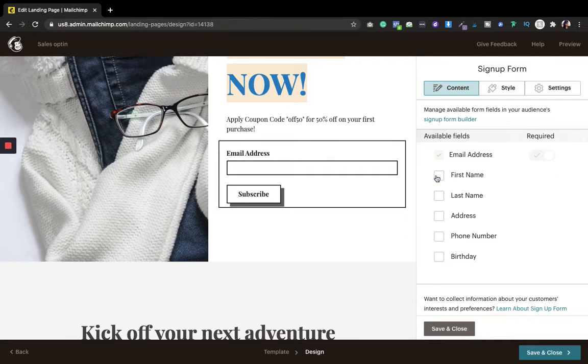When you are designing a landing page and your motive is to capture emails, it should be very minimal. People don't want to waste their time or invest their time filling in all those details. So just keep it to one or two fields, keep their email address mandatory, and anything else you want to put in, you just have to keep it not required. This is the biggest tip that I can give you.